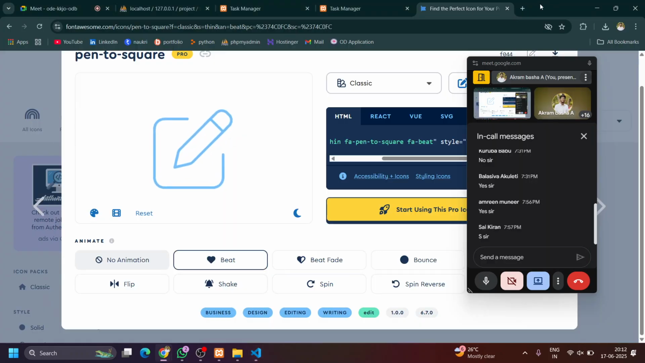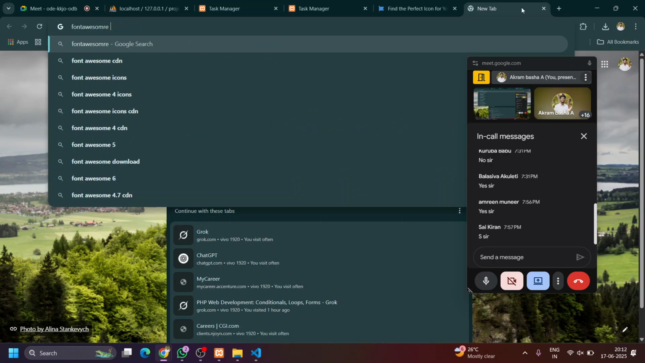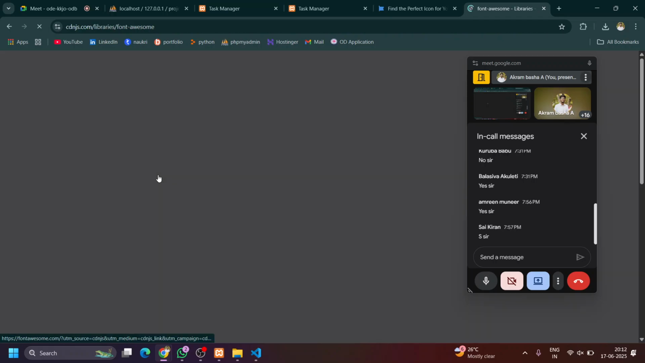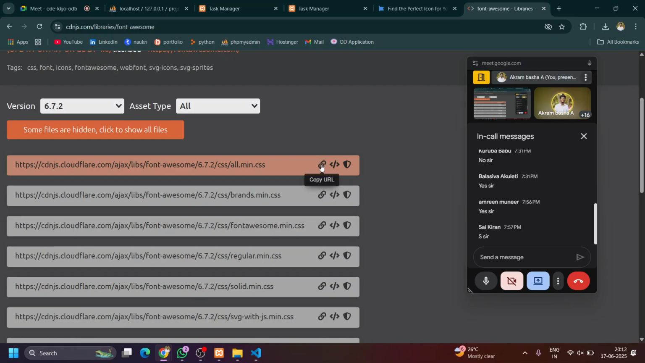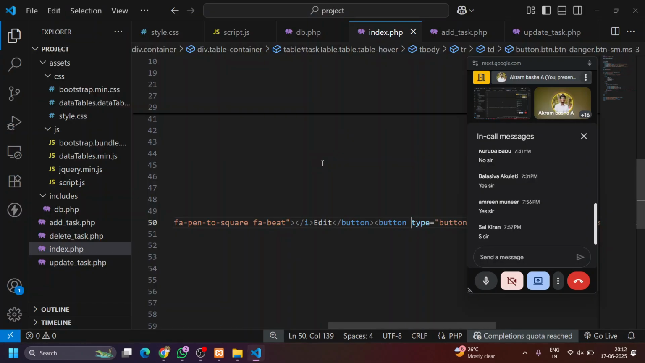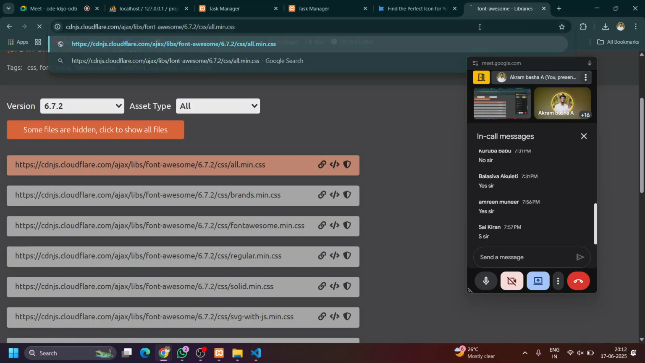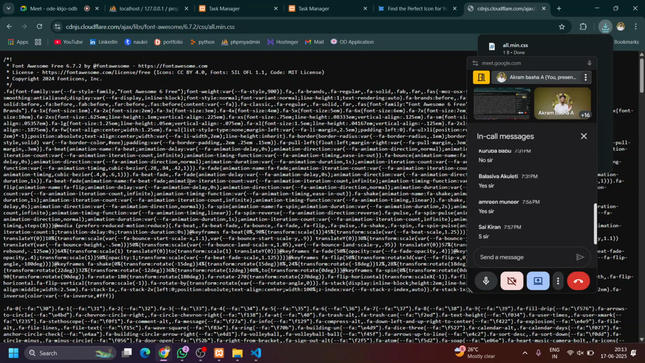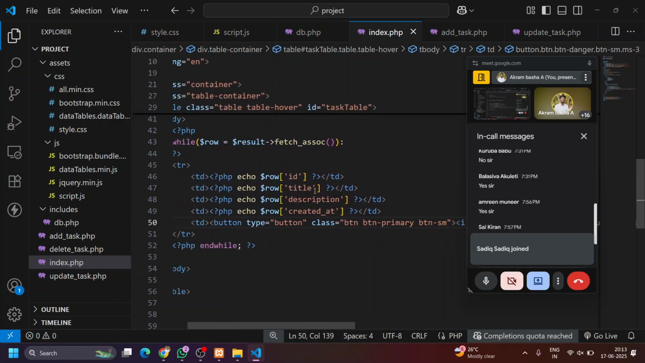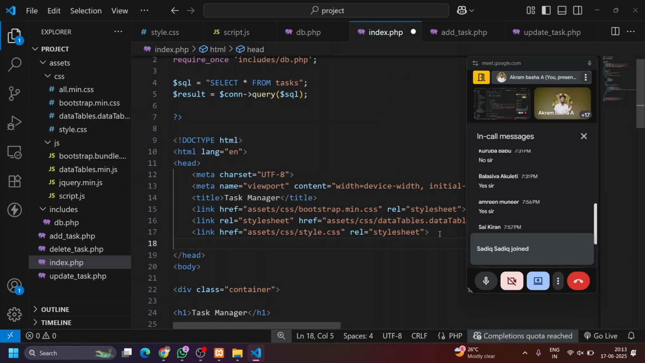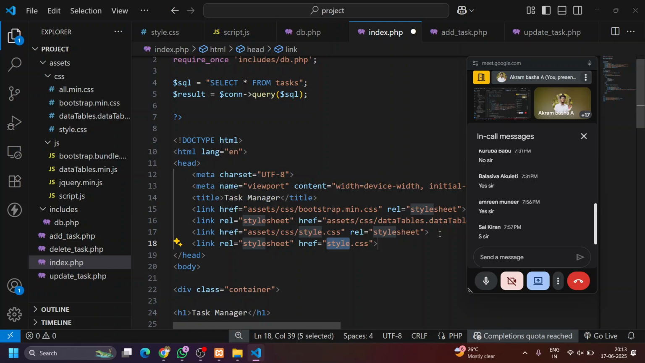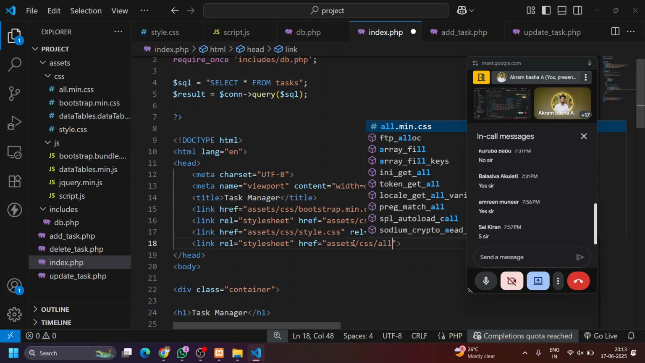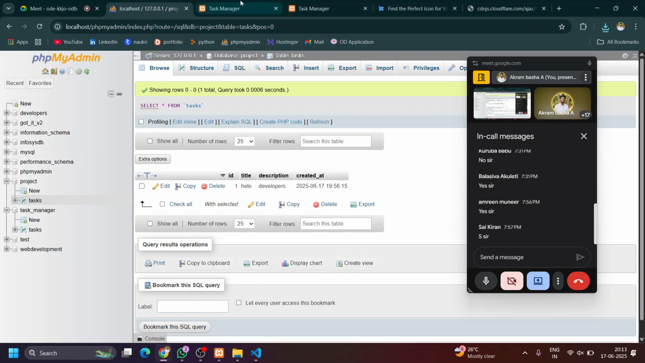Now we have to include the link. You just have to mention the Font Awesome CDN. I will copy the link and paste it in Chrome itself. I will take the CSS, and then I will store it over here. I will call the CSS file in the header, in the link CSS. I will mention href. My file is inside the assets folder, inside the CSS folder. My file name is all.min.css. When I refresh the project file,